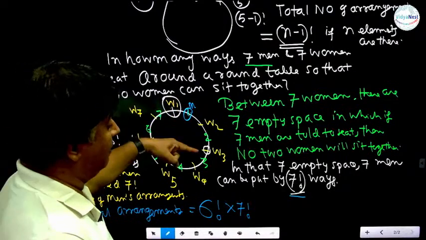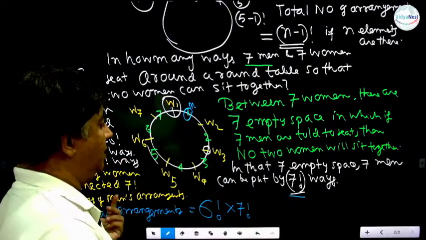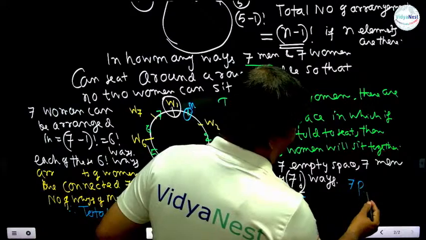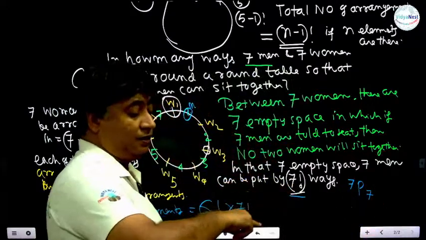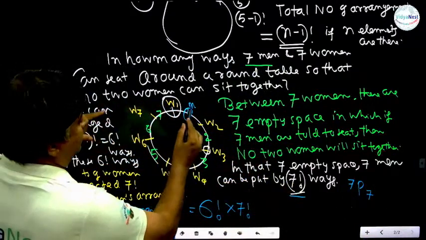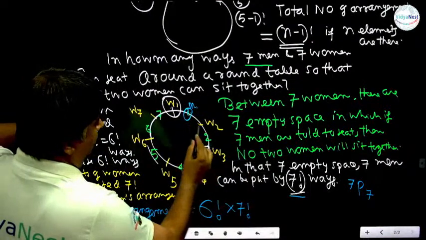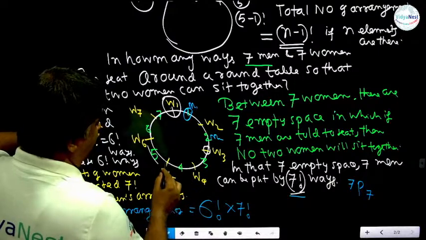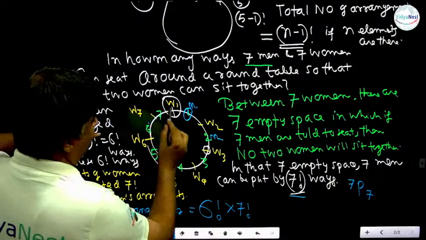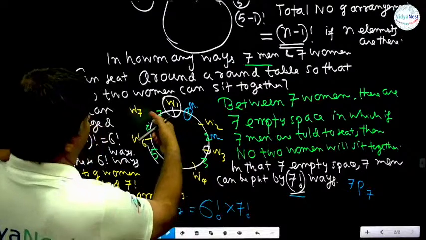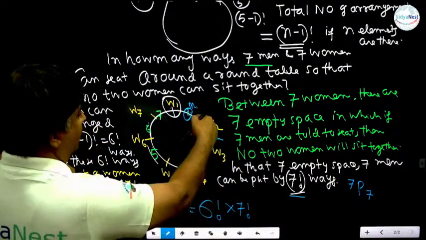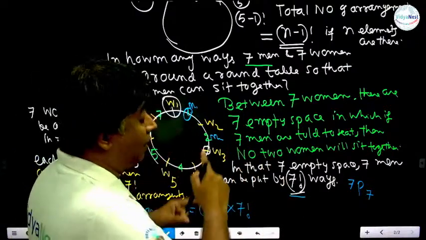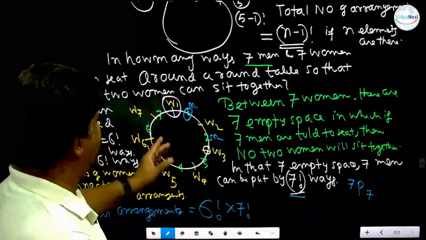Factorial 7 for the 7 men. By the definition of permutation, it is 7P7, nPr. This means M1 can come here, M2 can come here, M3 can come here, M4, M5, M6, M7. Now you can reshuffle. M2 can go there, M3 can come here, M4 can go there, M5 can go there. In this way, how many ways can we reshuffle the positions of the